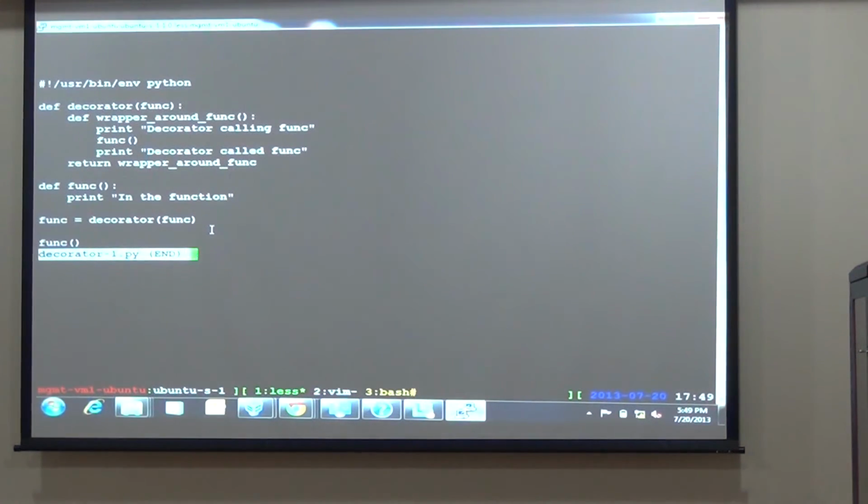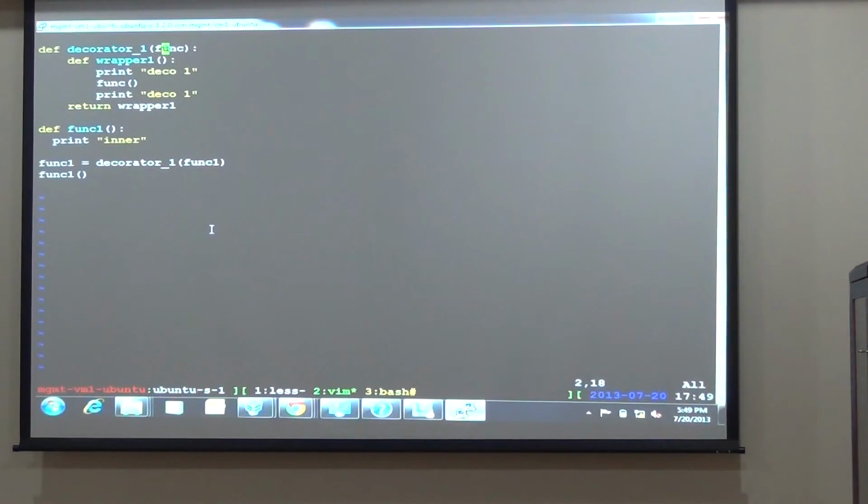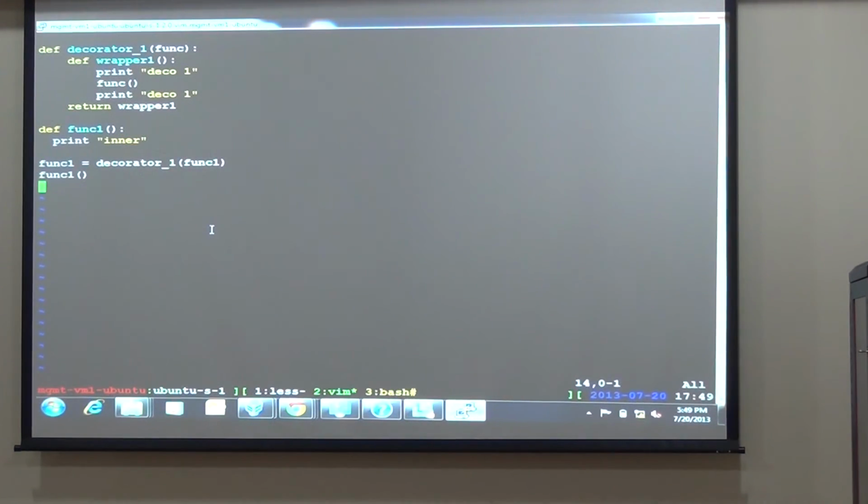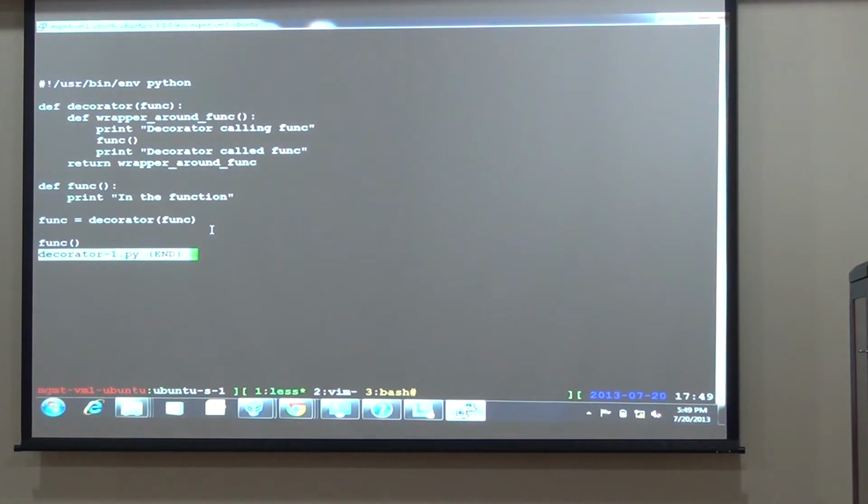That will be present because it is present in the function itself, right? It's running with none type, which is not possible. I called decorator 1 with function 1, I returned wrapper 1. And that should work, right?